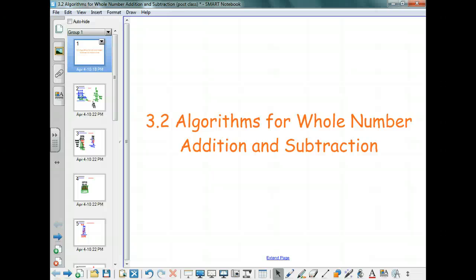All right. So we're going to finish 3.2. We're nearly done. We just had one little problem left to do, and that problem is a subtraction problem in another base